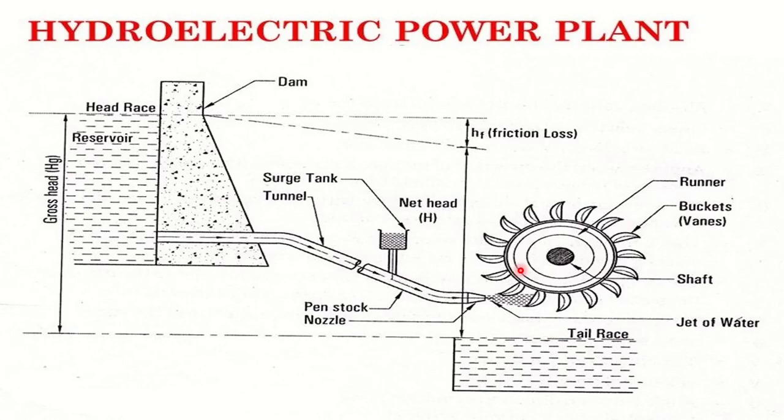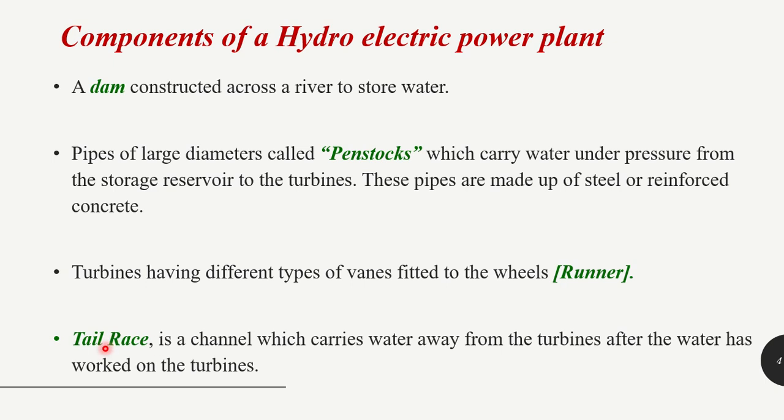So here you have a turbine which is fitted with buckets or vanes. This rotating part is actually a wheel. Okay, you know a wheel, right? On the periphery of this wheel you have the buckets fitted. This wheel in combination with these buckets is called a runner. So the runner is the rotating part of your turbine. When you say the turbine is rotating, it means that your runner is rotating, which indirectly means that your vanes are also rotating.